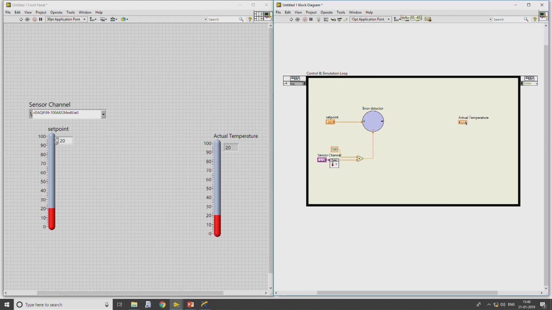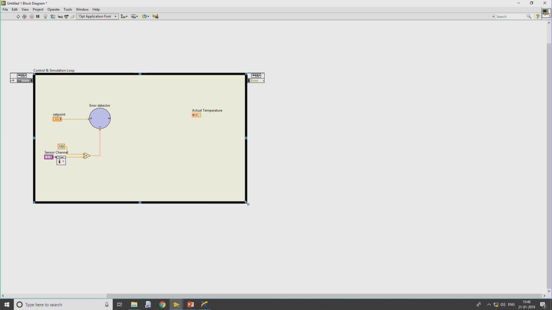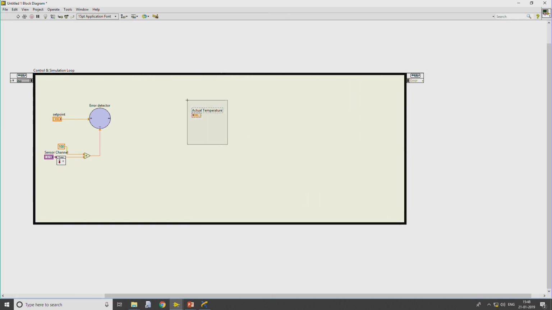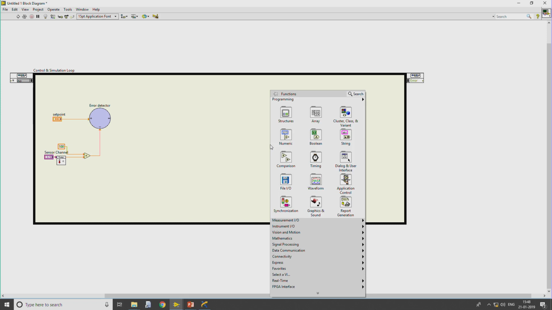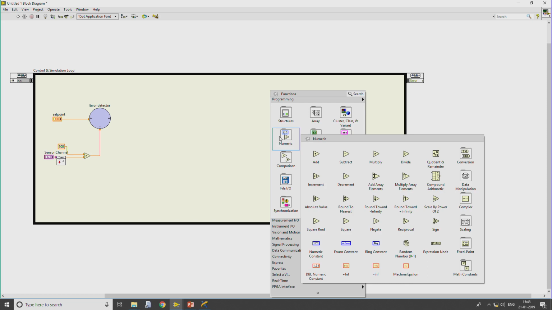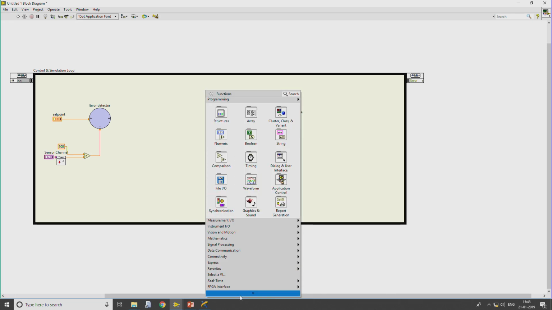Now, what we have to do, the output of this error detector has to be interfaced to a controller, right. As we have discussed, we can design on off controller, we can design P controller, we can design PI controller as well as PID controller. In this case, I will go with either P or PI controllers, but I will also show you how I can build a PID controller using this.